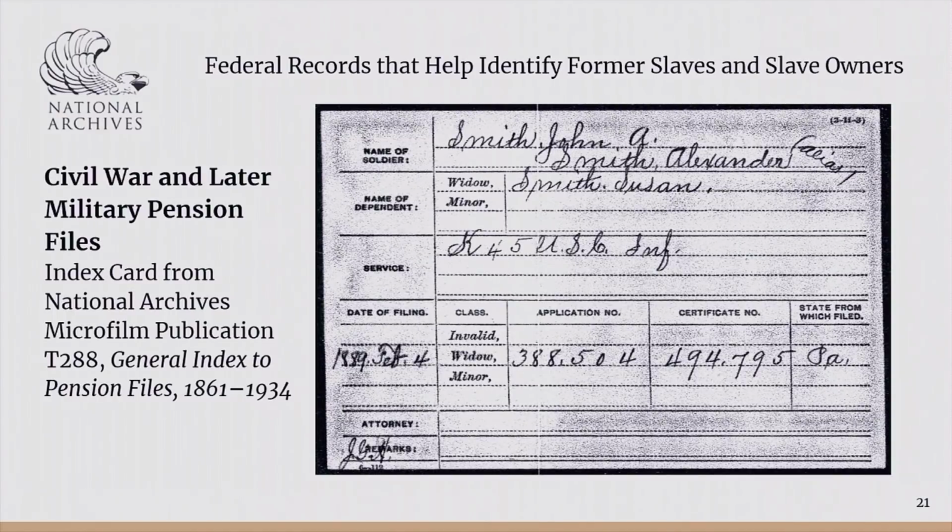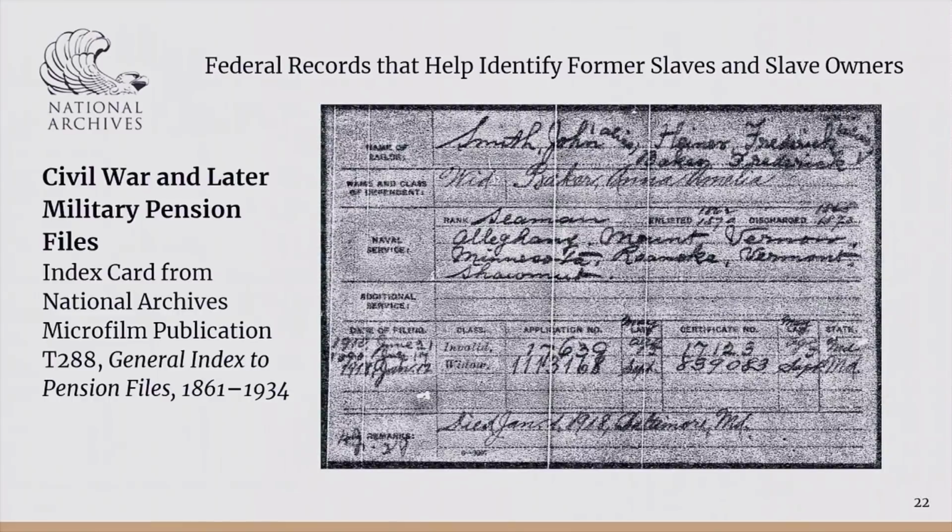Another example is John A. Smith, whose alias was Alexander Smith. He had a widow, Susan Smith, and served in Company K of the 45th U.S. Colored Troops Infantry. On this card, there's no application shown by John. There is application information shown for his widow, and she applied in 1889 from Pennsylvania. Again, it was a two-step process, two numbers on the file. The widow's original number there on the left, the widow's certificate number on the right. This file would be filed under the widow's certificate number